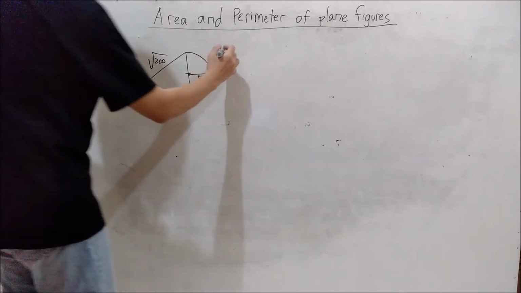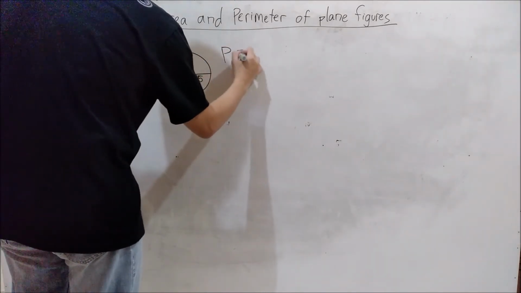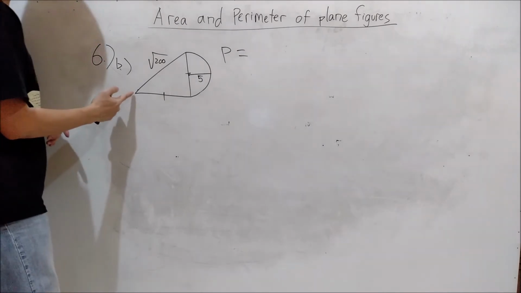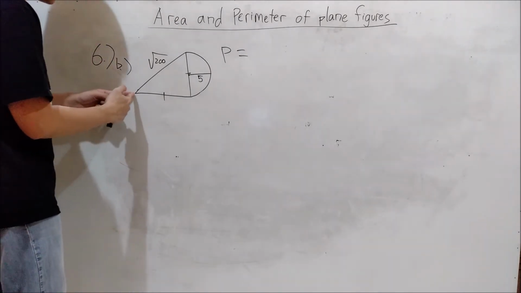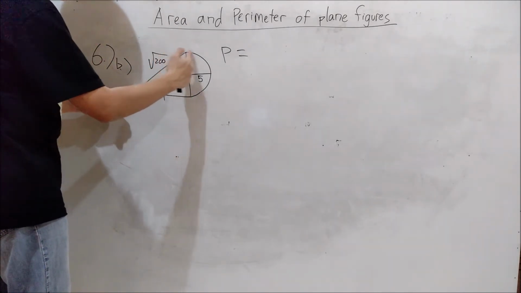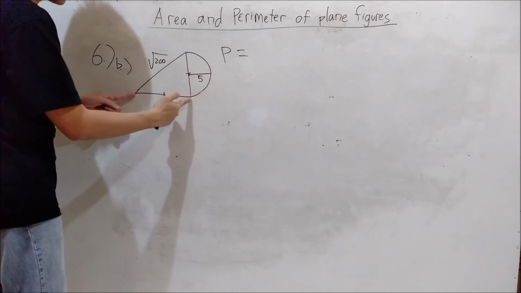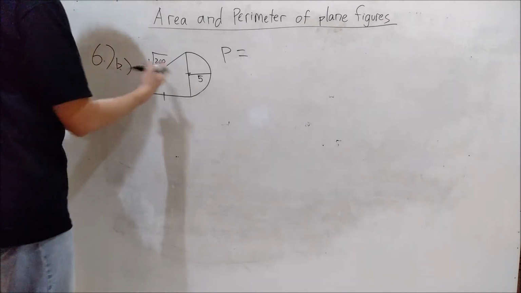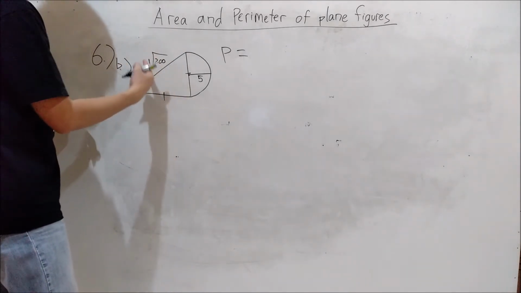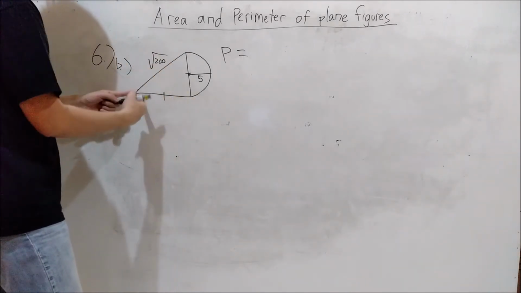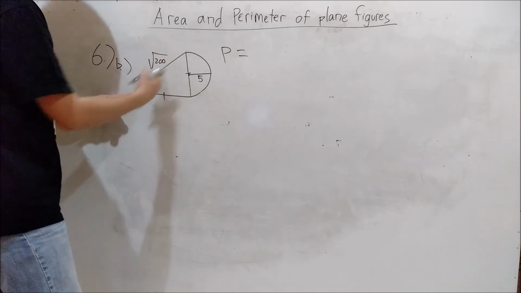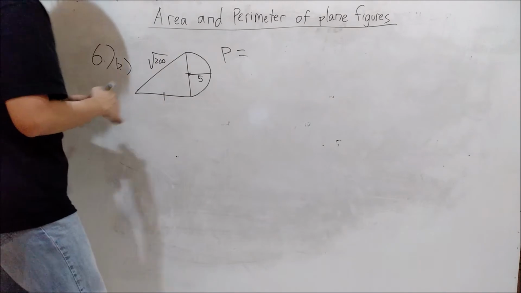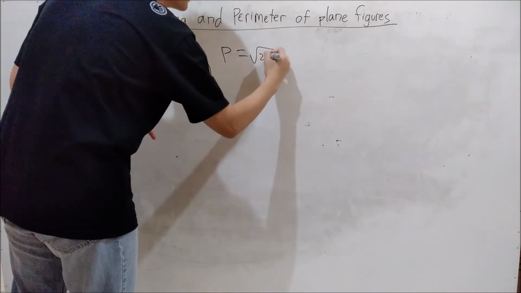Let's start with the perimeter. How do you find the perimeter? Let's assume we will start running from this point of the field, and then you will go all the way around the half circle, and then this one line. So it's simple. We know that this long line, the longest side of the triangle, is square root of 200,